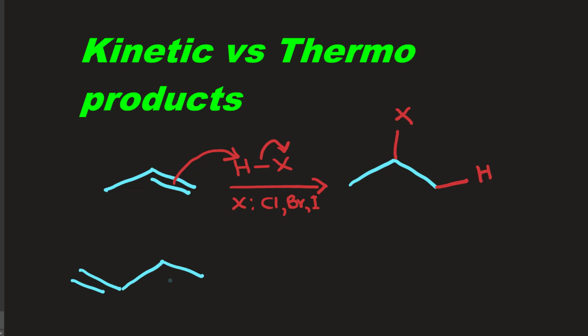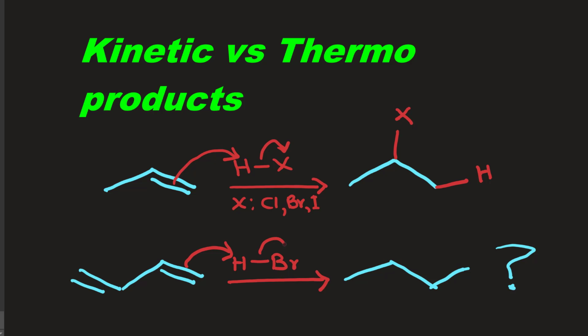When you have something like 1,3-butadiene, there are 2 double bonds, and there is a possibility of addition onto the first double bond or the second double bond. In this case, there is no difference, but you can have 1,2 or 1,4. So let's look here. The 1, 2, 3, 4, and you could add H to the first position and the Br goes to the second, or you can add Br to the fourth position. So this is called the 1,2 addition or 1,4 addition, and it can also be explained using kinetics and thermodynamics.